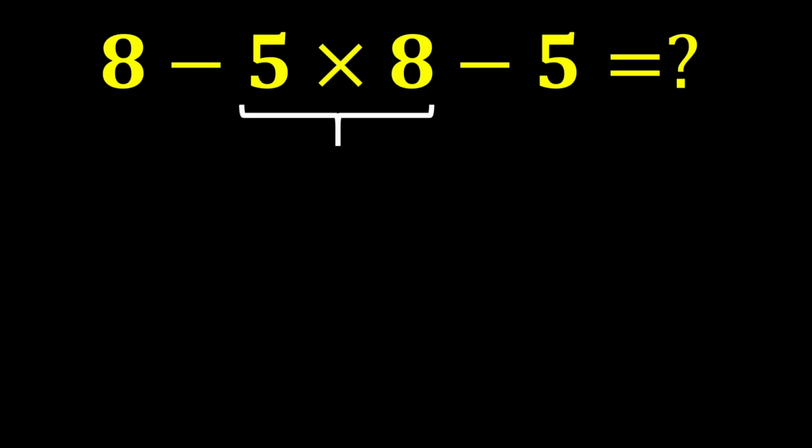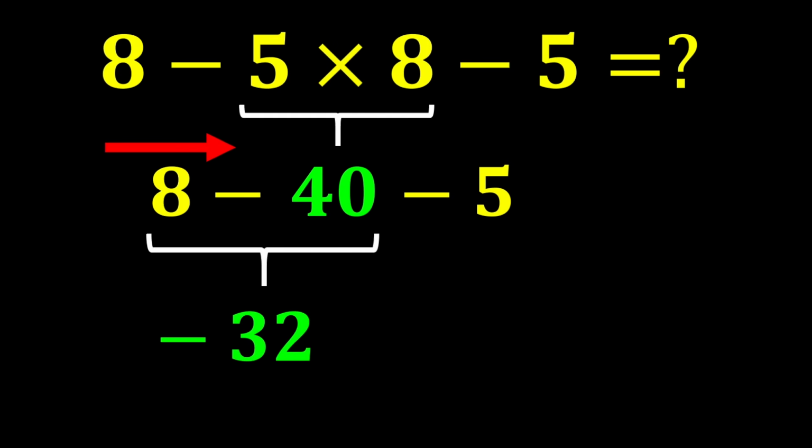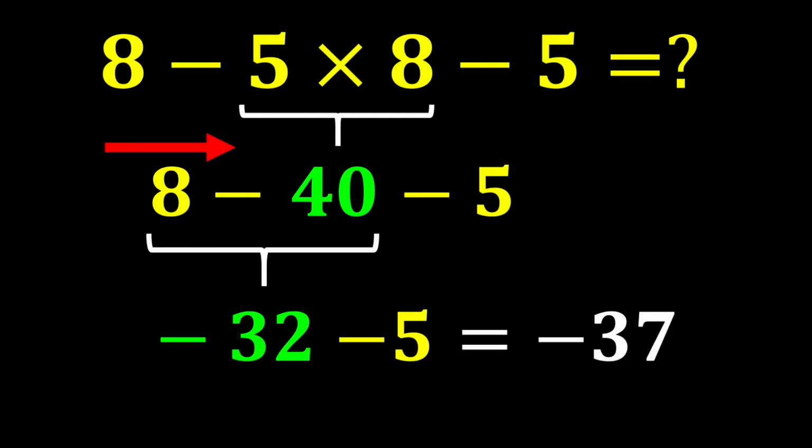5 times 8 gives us 40, and the expression becomes 8 minus 40 minus 5. Now, in this expression, there are 2 subtractions, and since according to PEMDAS subtractions have equal priority, we move from left to right and perform the subtractions in order. 8 minus 40 gives us negative 32, and finally, negative 32 minus 5 gives us negative 37, which is our